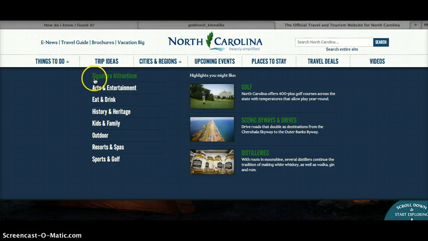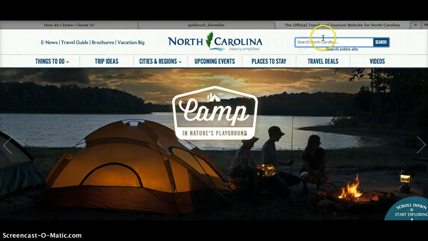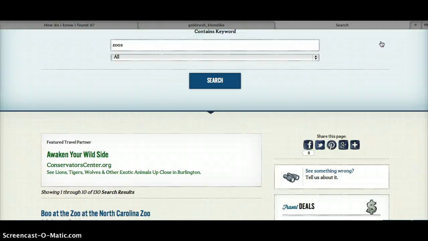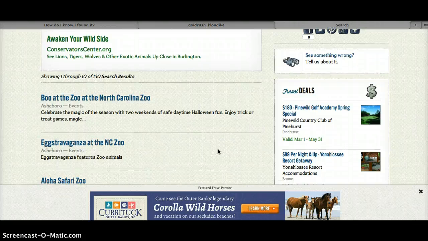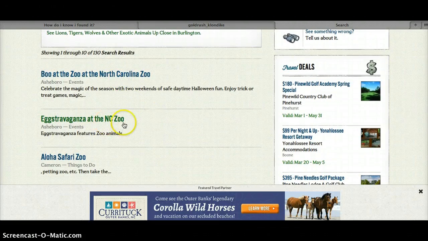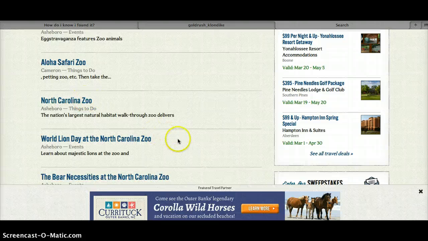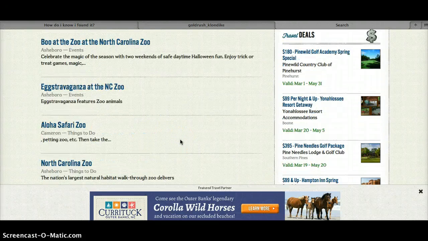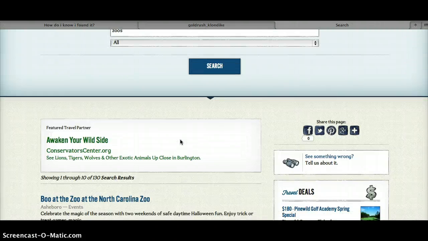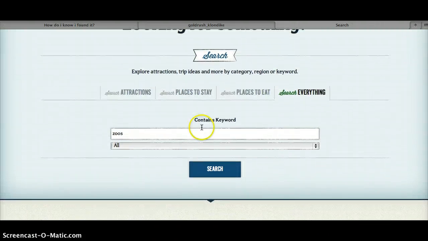Here we have signature attractions. We have the entertainment. We have history. We have kids and family. That's you. We have outdoor. That could mean adventures. I'm going to search one of our terms here. I'm going to search zoo. All right. Look at what we found. The North Carolina Zoo. Okay, North Carolina Zoo, a tourist attraction in North Carolina. All right, so